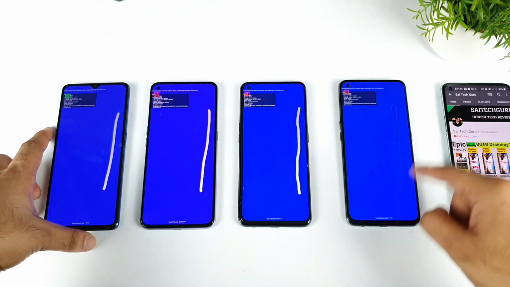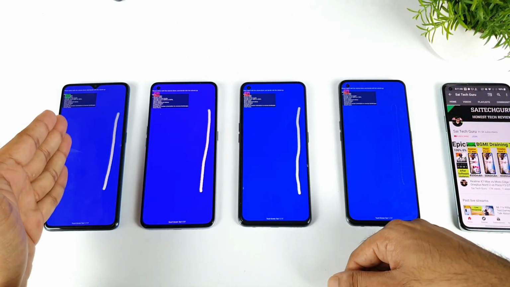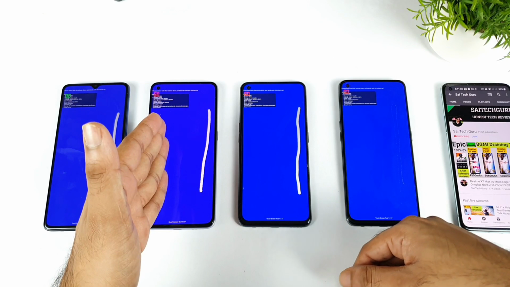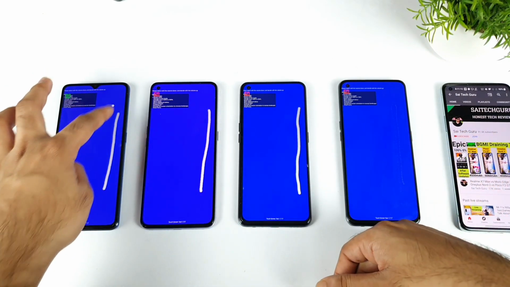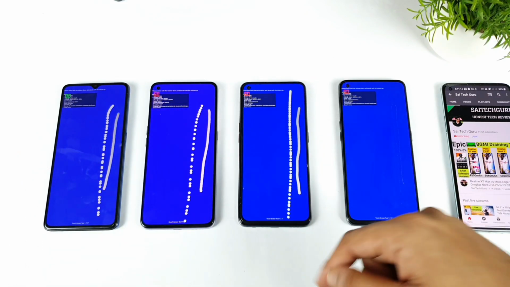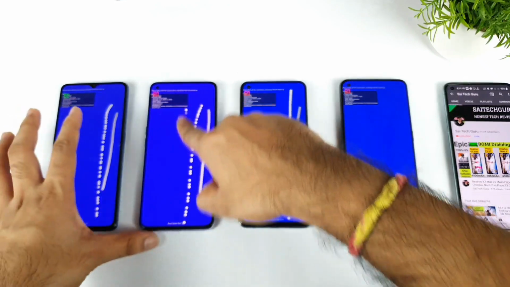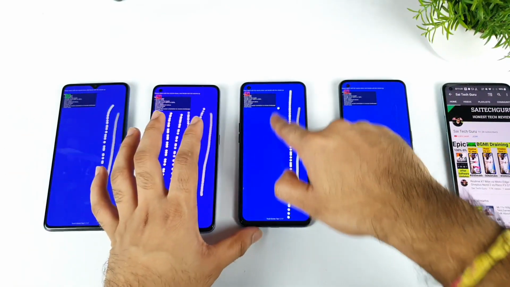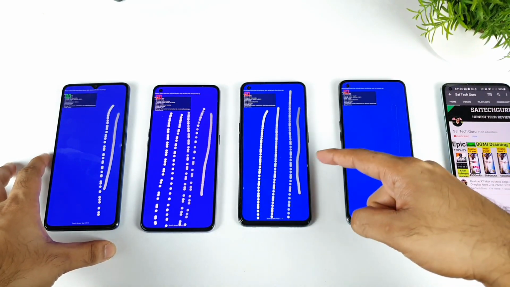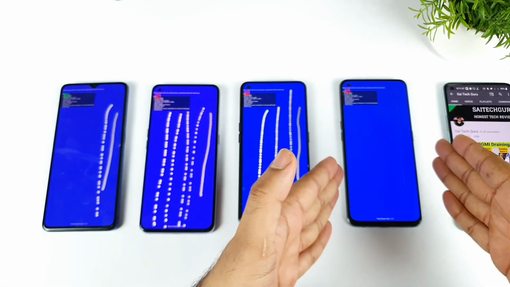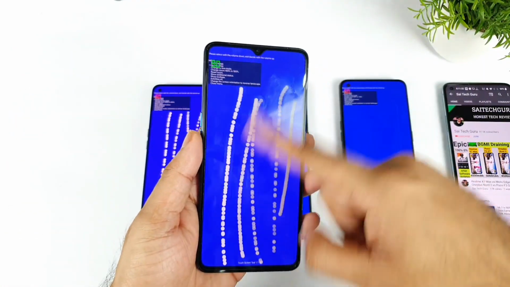As you can see friends, the Realme GT is not functioning properly with this application, but there's a difference: 130Hz, 135Hz and 120Hz, and here is 240Hz touch sampling rate. You can compare side by side. I'm trying to draw the lines faster. As you can see the difference, the number of touch inputs detected is slightly more on the X7 Pro, and this is the X7 Max. More touch inputs can be detected on the Realme X7 Max and the Realme GT device. Even the Realme X2 Pro is doing good,